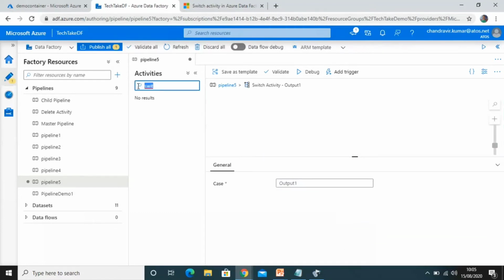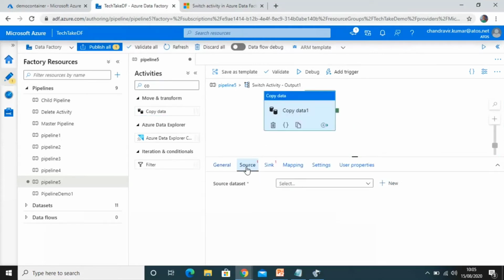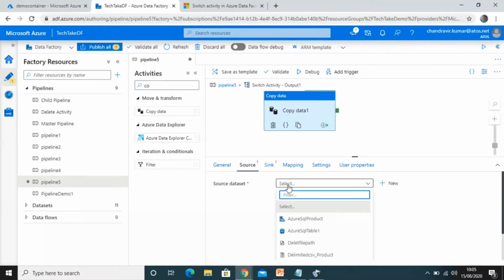Now let me copy the copy activity. Let's drag and copy that activity. In the source I will select the table. I have already created datasets. We can select the dataset pointing to that database and that table. If you don't have one, you can create a new one, and you can watch my video on how to do that.